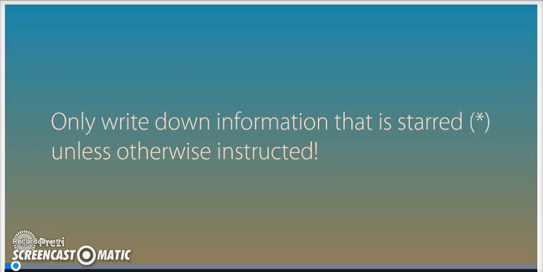You are going to want to do 2-column notes with the big ideas on the left and the supporting ideas on the right. I will point out how you're going to do this as we go along. So,